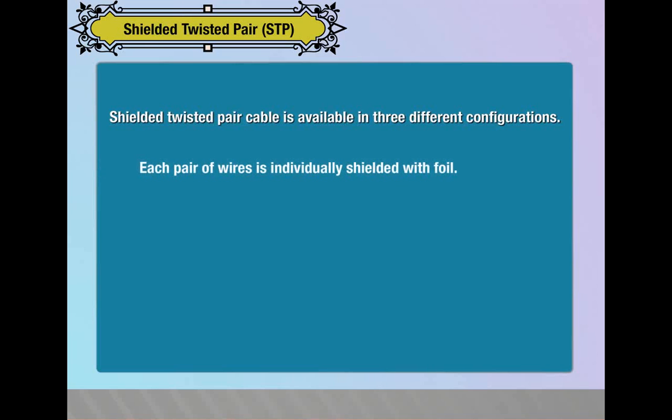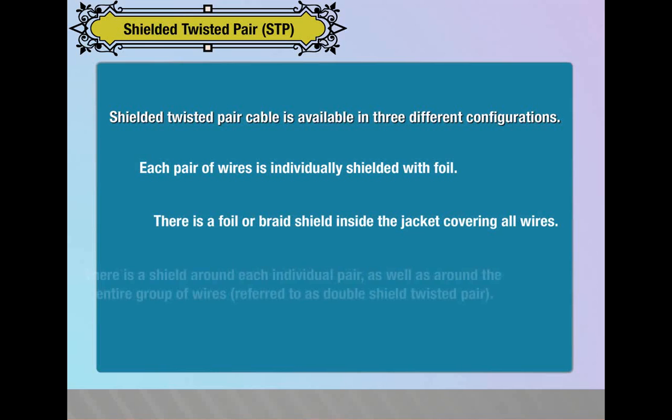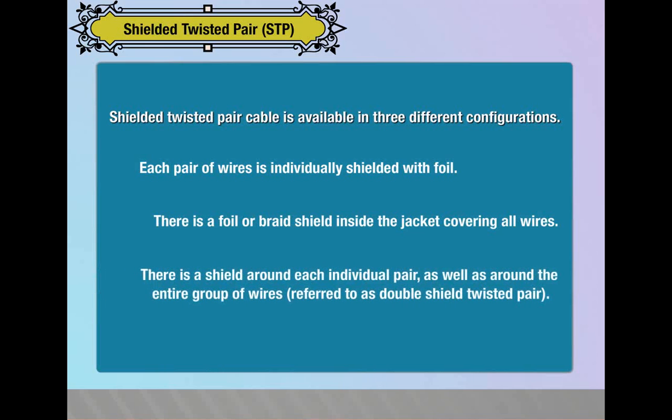Each pair of wires is individually shielded with foil. There is a foil or braid shield inside the jacket covering all wires. There is a shield around each individual pair as well as around the entire group of wires, referred to as double shield twisted pair. Advantages: